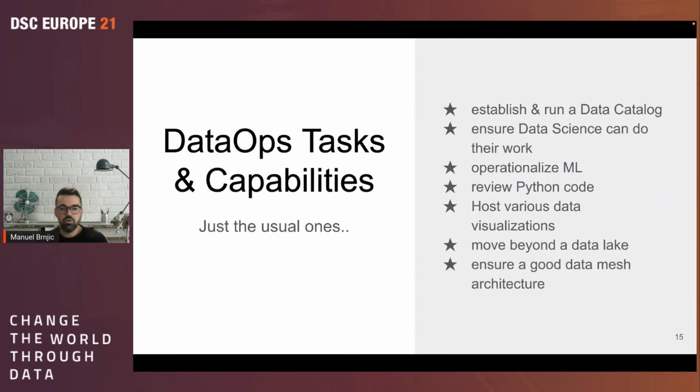Okay, so to summarize, what are now the DataOps tasks or capabilities? Of course, just the usual ones, but a quick summary. One of the first tasks that will definitely run across your table if you want to focus on DataOps is, how can we establish and run a data catalog?